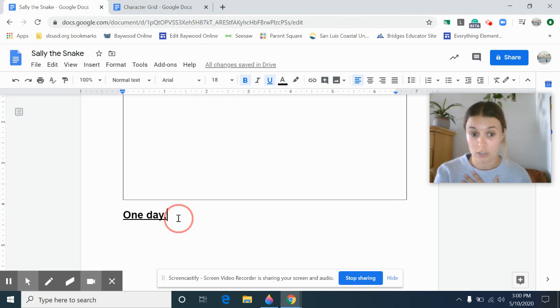So I'm going to start my story with one day. You can also start it with once upon a time. You could start it with one time. So there's a few different ways to start, but I liked mine's happening in the day. Maybe yours is happening at night. So like one scary, spooky night. Maybe it's a spooky story. Or one time when I was out with my sister. Your story might start a little bit different, but if you're stuck, use this right here. Start with one day if it's happening in the day. If it's happening at night, maybe say one night. So one day,